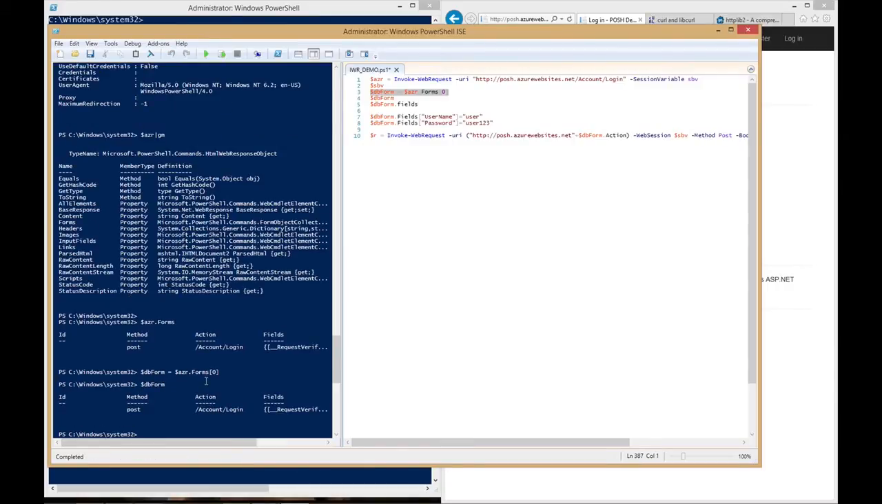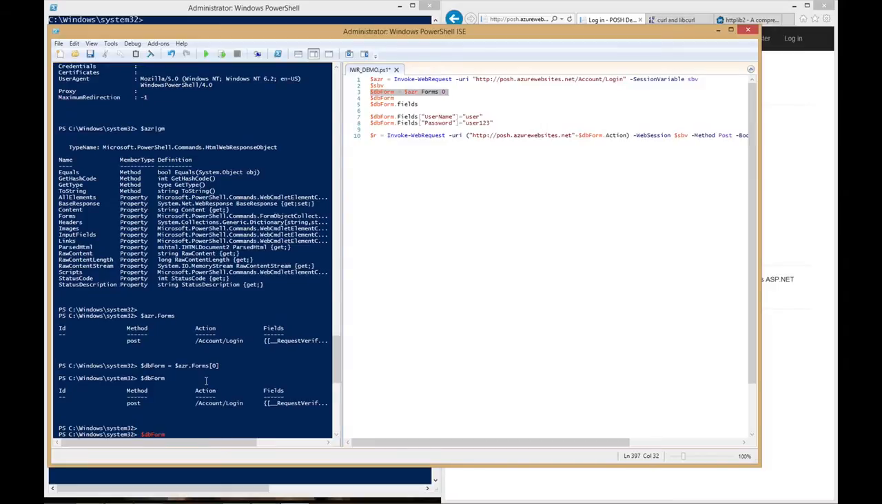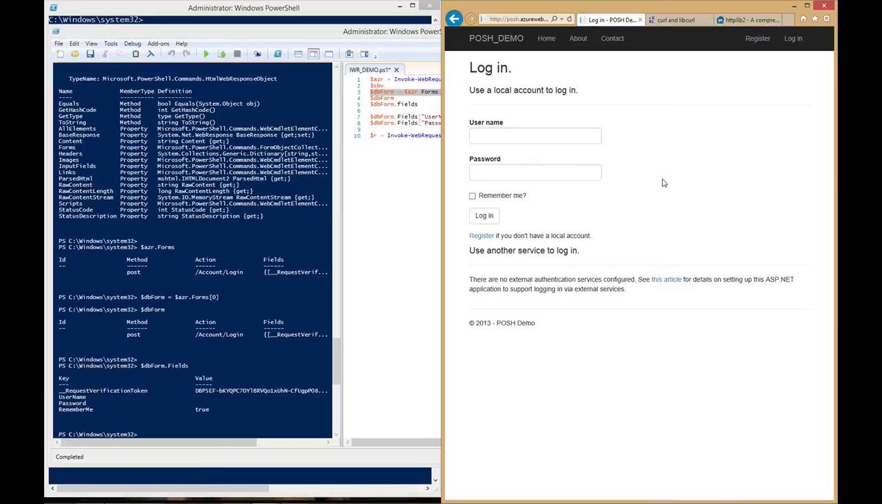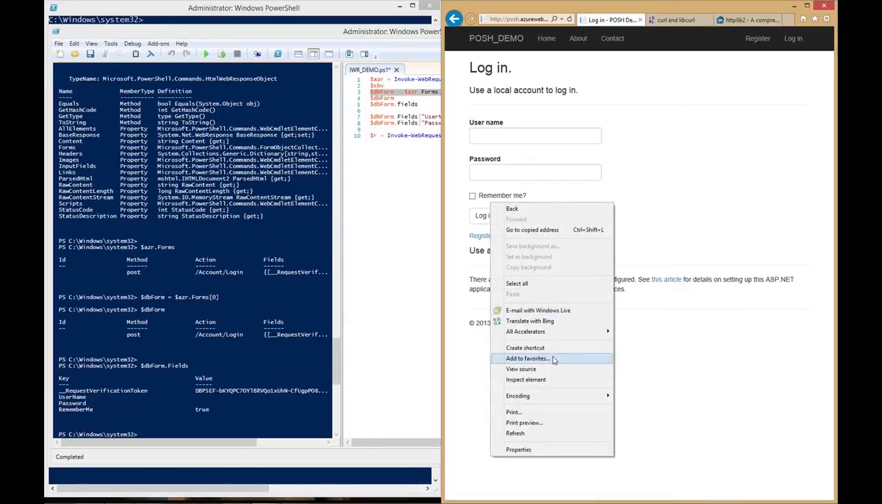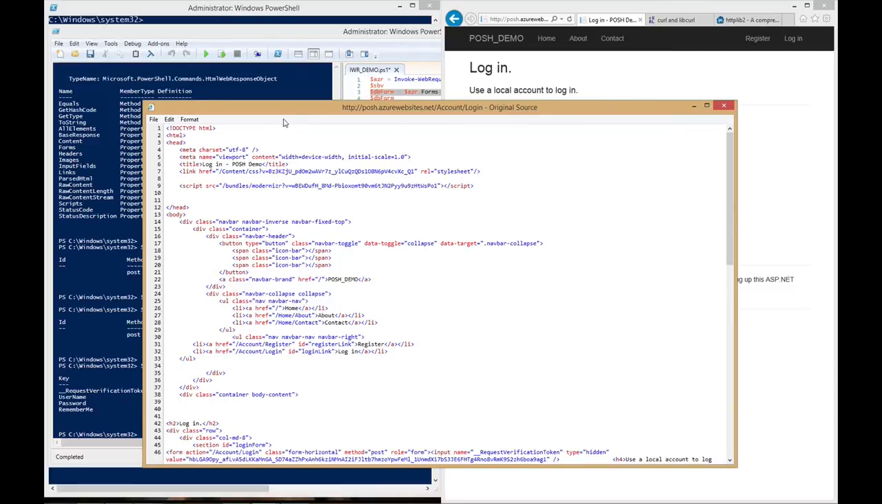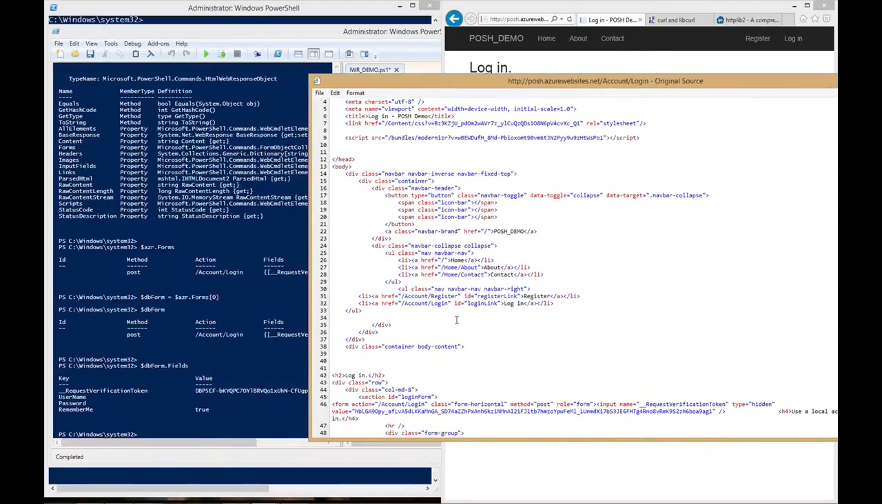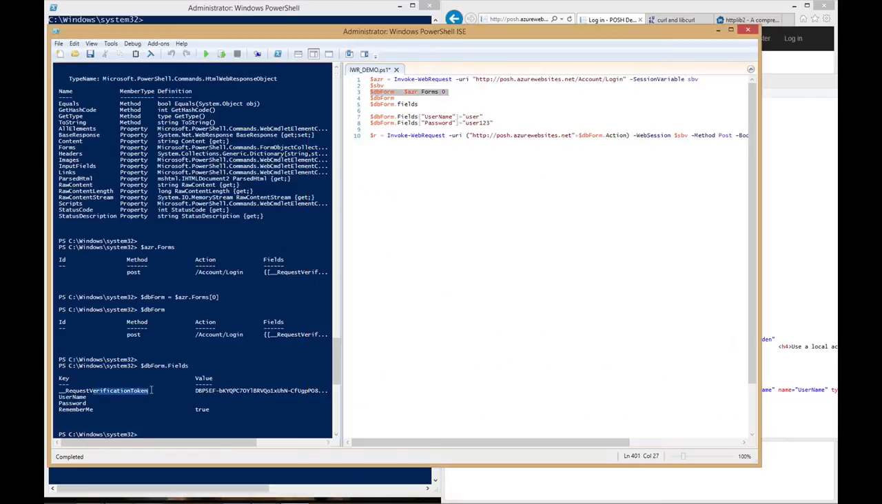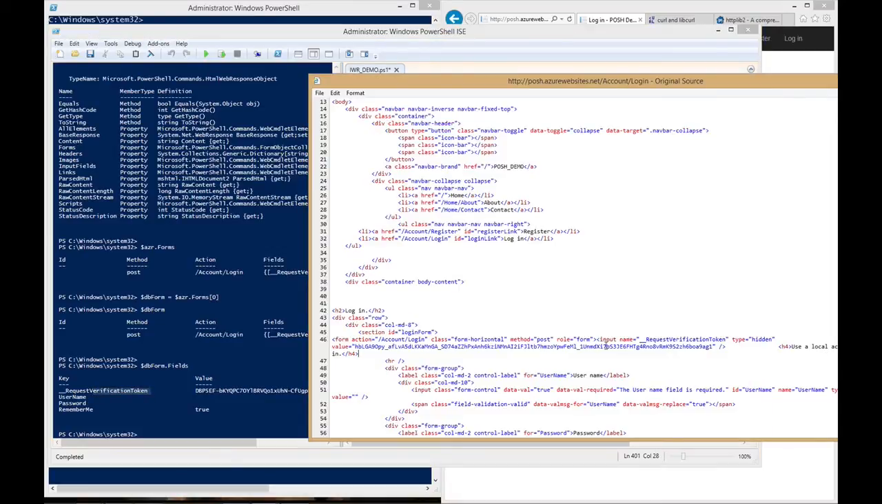So what I'll do now is we'll see the fields of the form, and as you see here, we can actually see it here as well. So if I view the source on this page, I've got a request verification token, and we see that in there too, and it's hidden, right? So it's a hidden attribute or a hidden form field. Now we have a different value, of course, because this is from the web page and this is from our